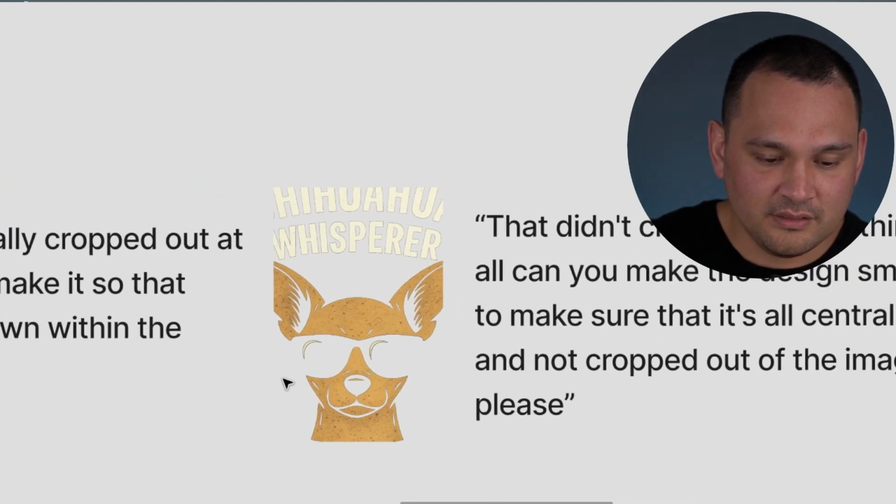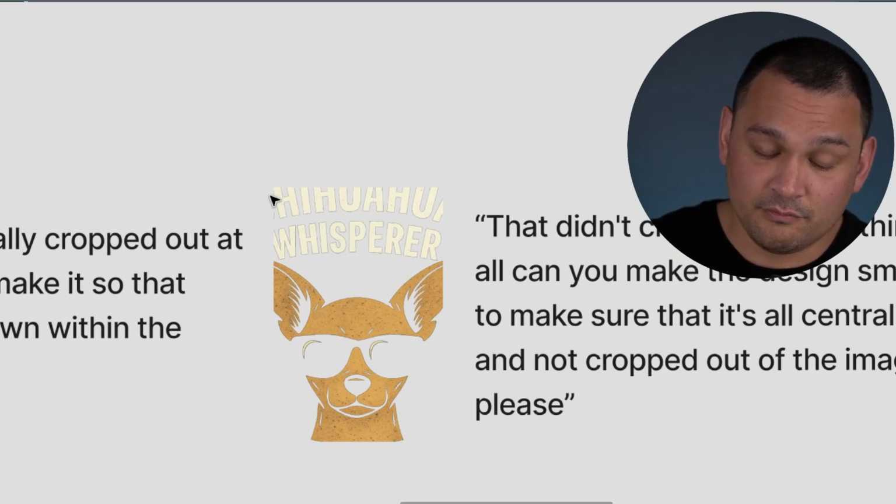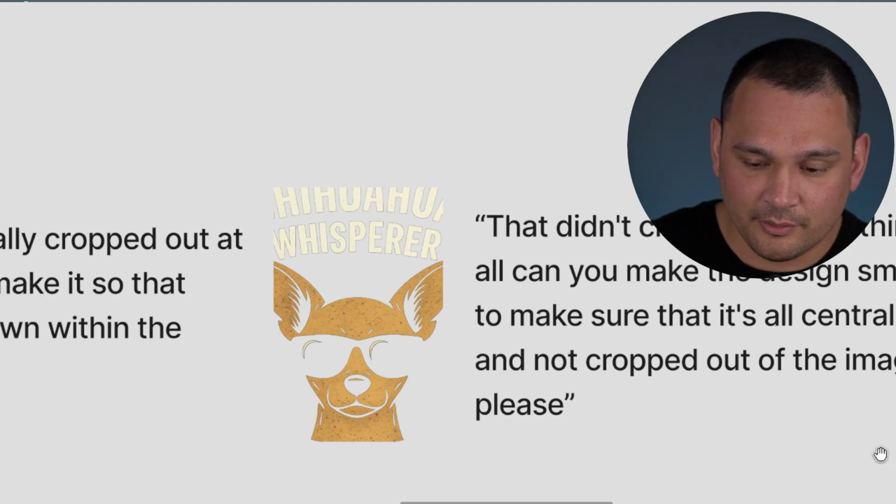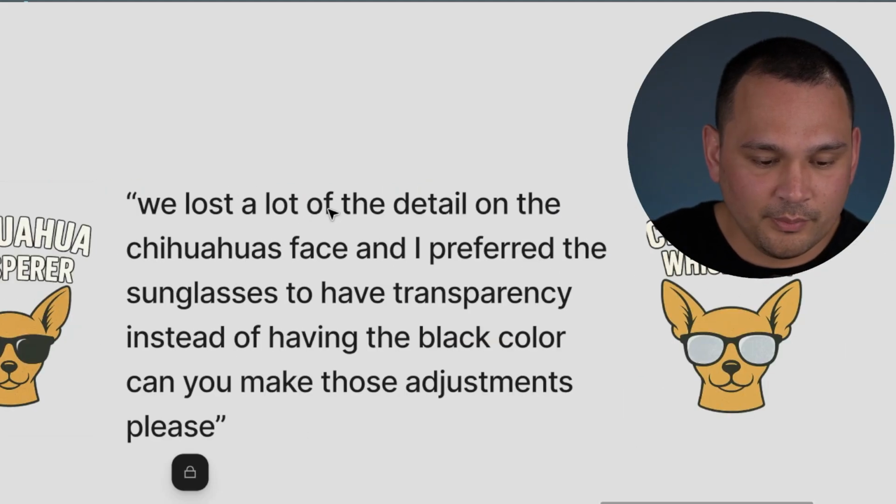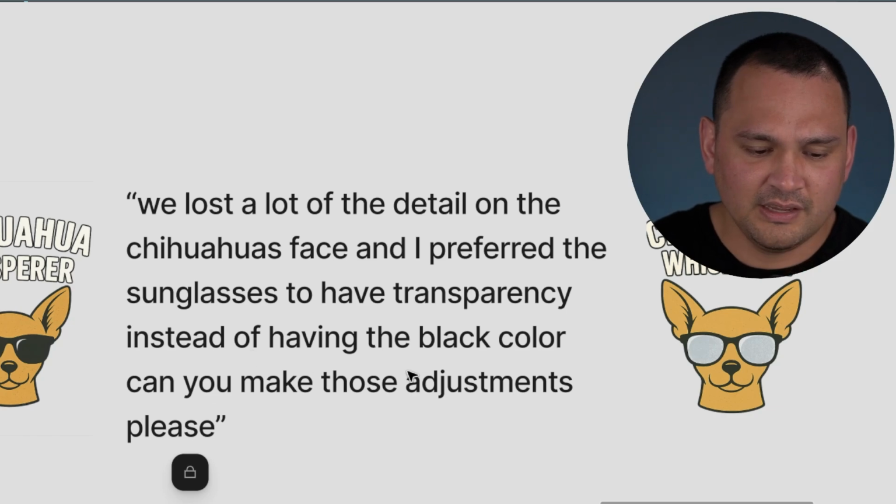Like it did in the previous iterations. In fact, they cut out all of the places that would have been black, and I really like that as a design element. So I told it the problem, and I told it I preferred the sunglasses to have transparency,